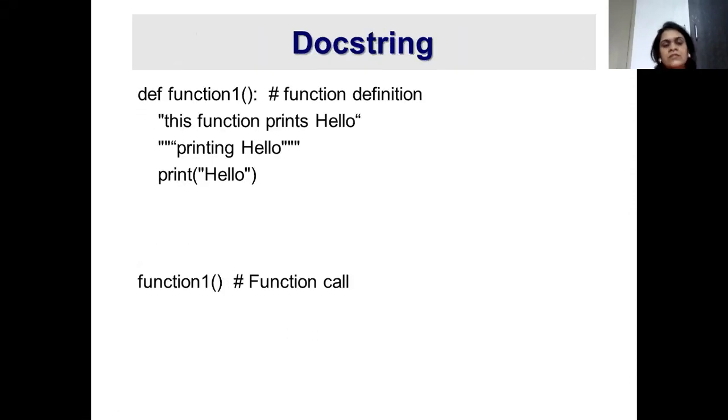With functions, you can also have documentation strings. Documentation strings are nothing but a facility of commenting or adding details of the function for better readability for the programmer. In the function definition, you need to tell what the function does or what the use of the function is. It can be written in a comment or inside a documentation string.